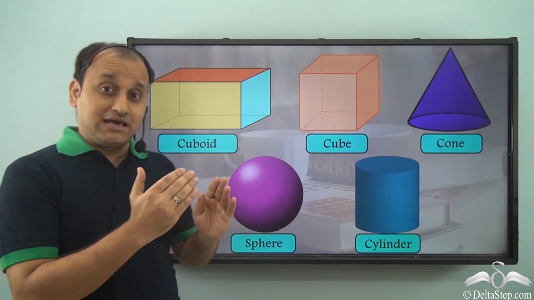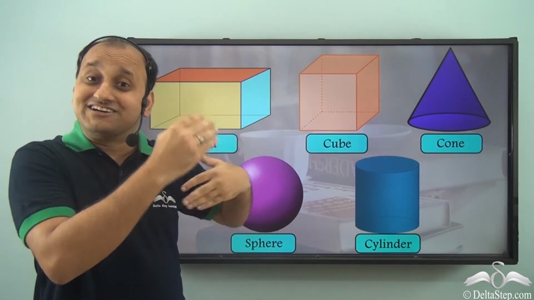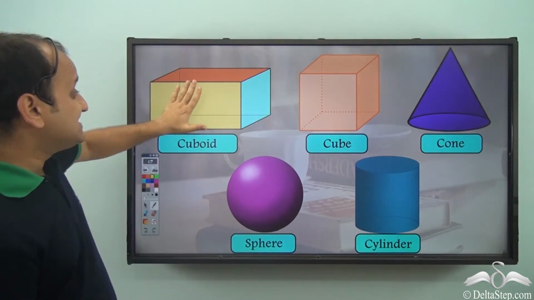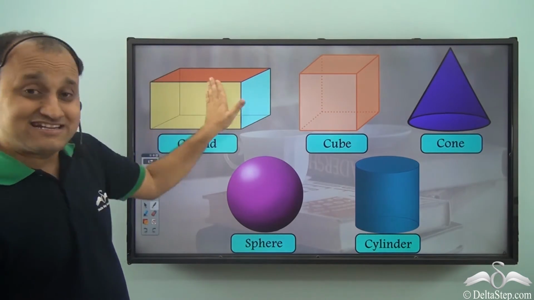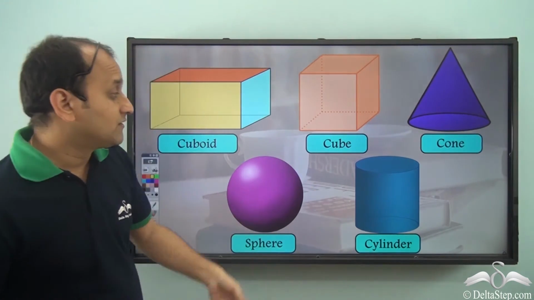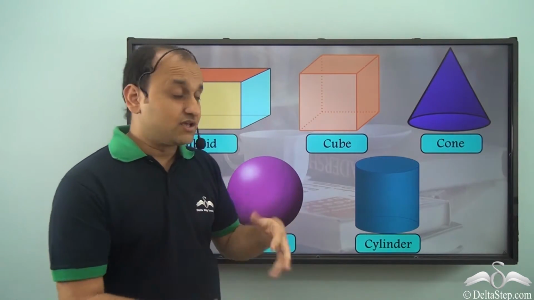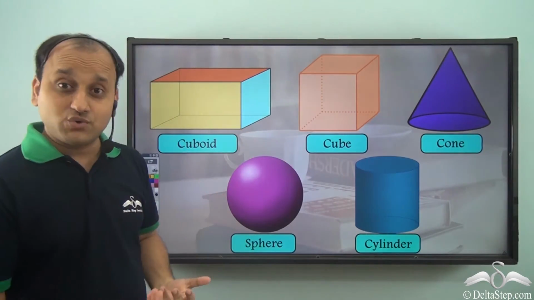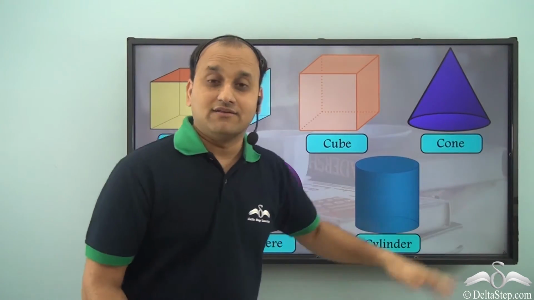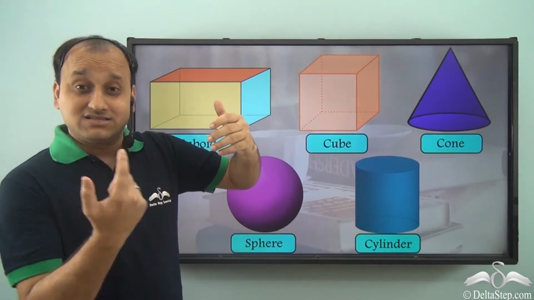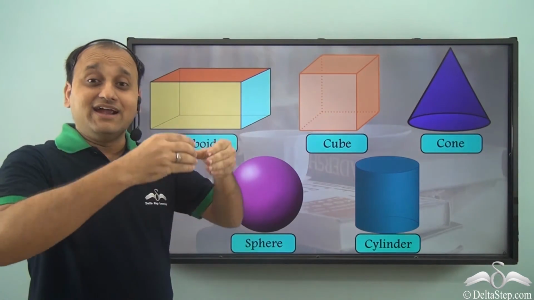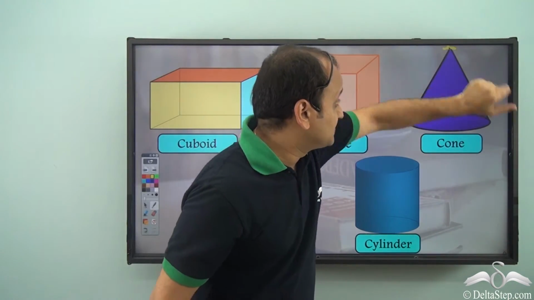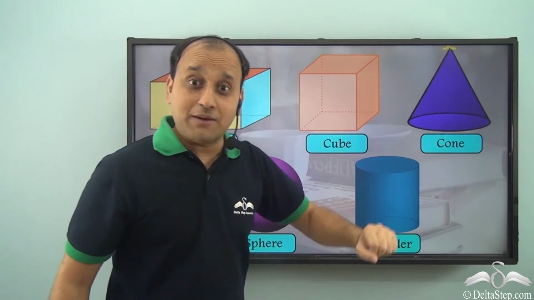Well, if you see them from different angles, you will see different faces of these. For example, when we talk about a cuboid, you can see a number of different sized rectangles, isn't it? When you see a cube from different angles, well, you see a number of squares, right? It is made up of a number of squares. And a cone, well, when you see a cone, you will see a circle at the bottom and then it tapers off, narrows to this point, isn't it? So this is a unique shape again.